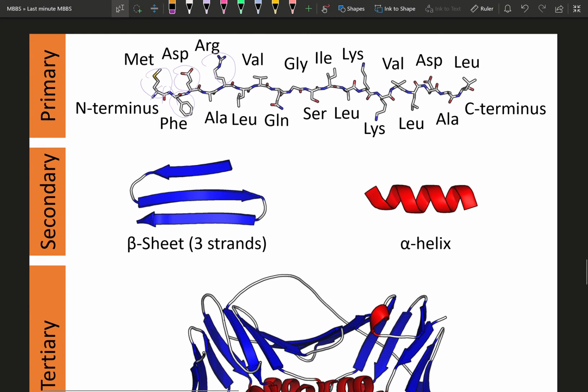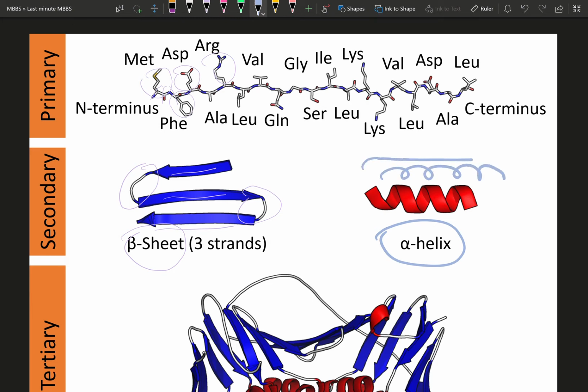And moving on to the secondary structure, these straight lines are arranged together. These are the three primary strands which are attached together by different attachment proteins. There are two types of secondary arrangements. One is the beta sheets and the next one is the alpha helix. Alpha helix will be like a straight chain which is just coiled around like this, but a beta sheet is where there are three straight chains and they are connected by some different protein.